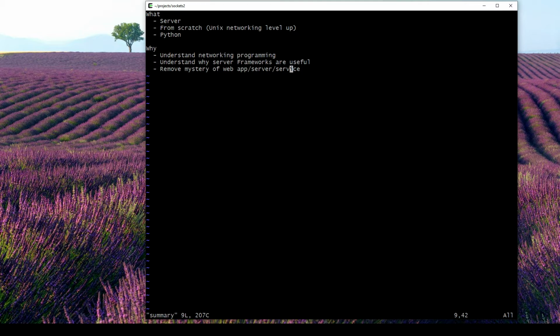And basically this underpins all of the frameworks that you're probably used to seeing if you've started writing a web app, or if you've used Node.js, or any of the Python frameworks like Django, Flask. If you're not familiar with these, I'm sure in your language of choice you are aware of some high-level server framework or web service framework that you're familiar with. We're not going to do any of that. This is going to be more focused on the low level, and it will give you some insight into